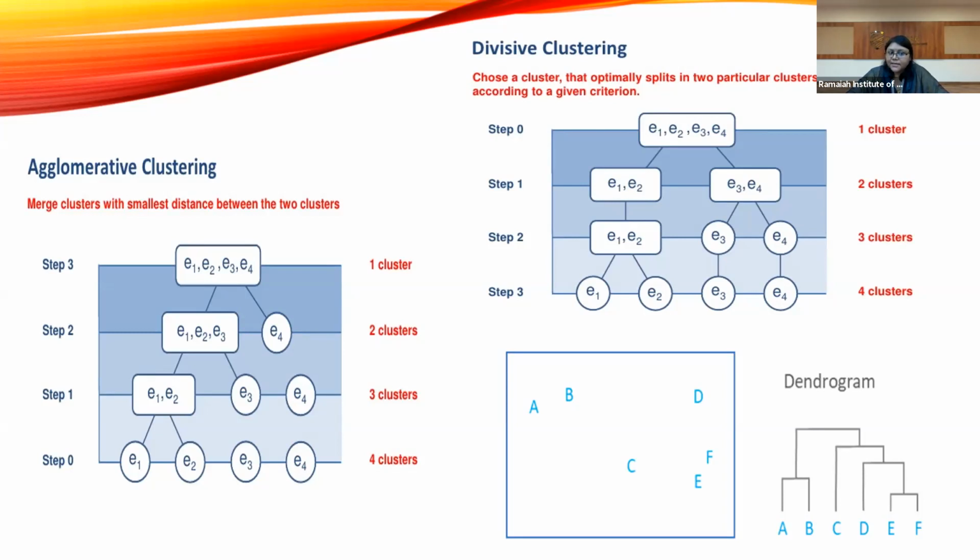Now if you notice the figure of agglomerative clustering, it starts with step 0. That means individual E1, E2, E3 and E4 are there. Now it starts clubbing them. E1 and E2 are clubbed together. After that E1, E2 and E3 are clubbed together. Now E4 is clubbed together with E1, E2 and E3. And finally we get our final cluster, that is E1, E2, E3 and E4. With divisive clustering, we start with a big cluster, then we try to divide it into multiple clusters. Hope all of you are clear with agglomerative clustering and divisive clustering.